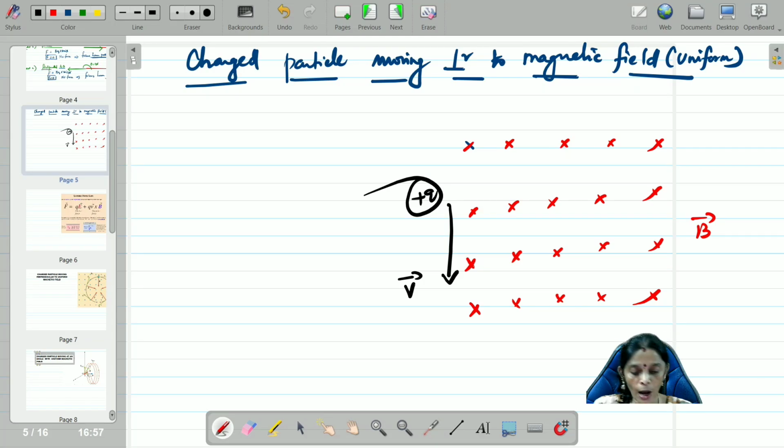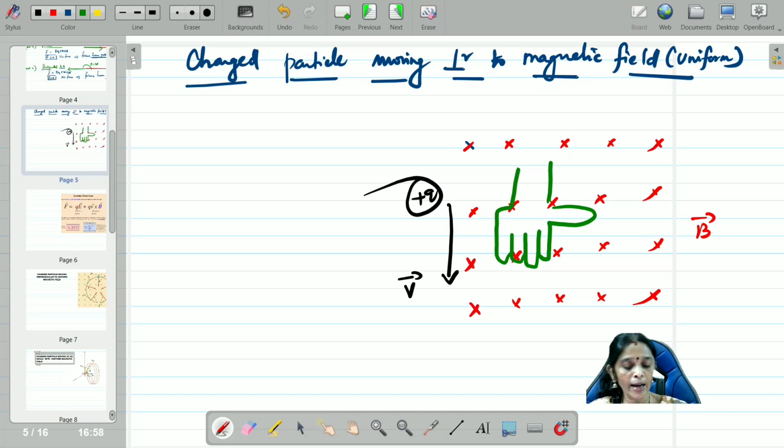That is all. So now, look at that. Let me just draw the palm. This is my right palm, only the right hand palm. I'm going to use my fingers to represent the velocity of the charged particle, so I'm drawing the velocity of the charged particle. Very simple, children. You can understand this. So when I draw this, the fingers represent the velocity of the charged particle, which is acting downwards. My palm represents the magnetic field, which is acting inwards.